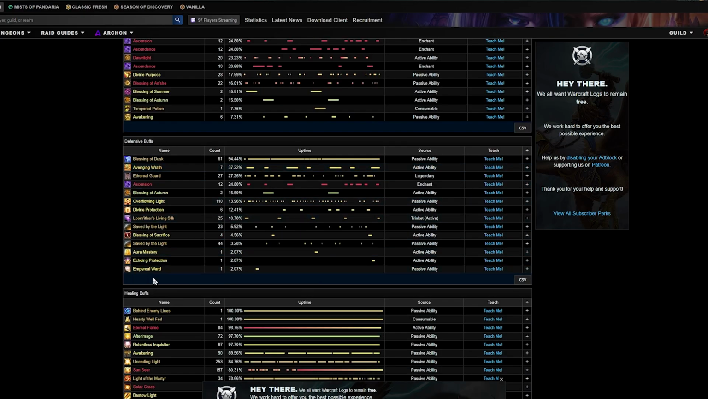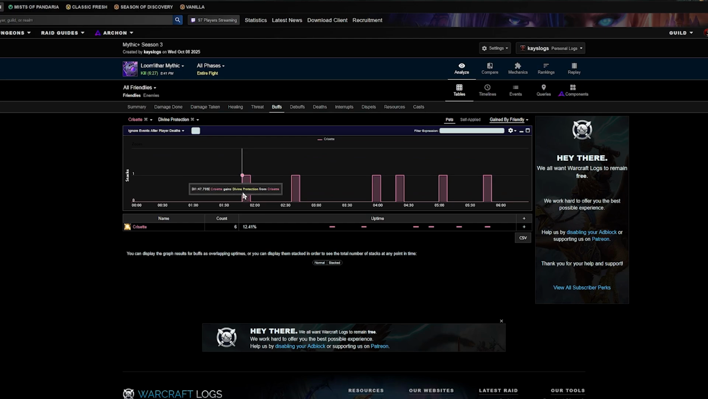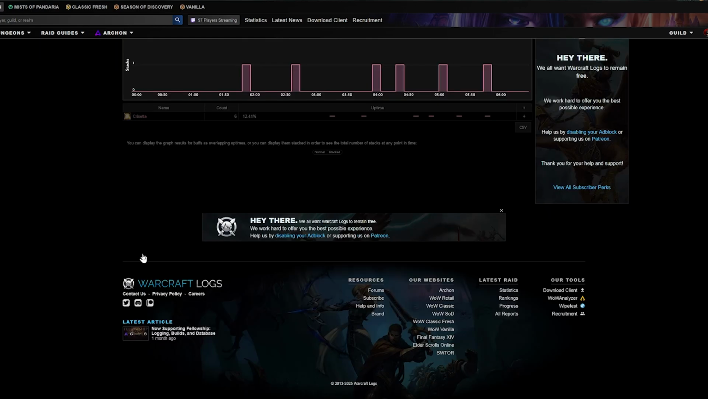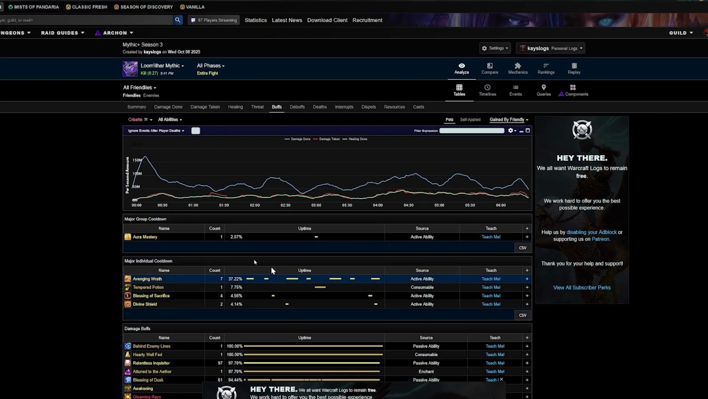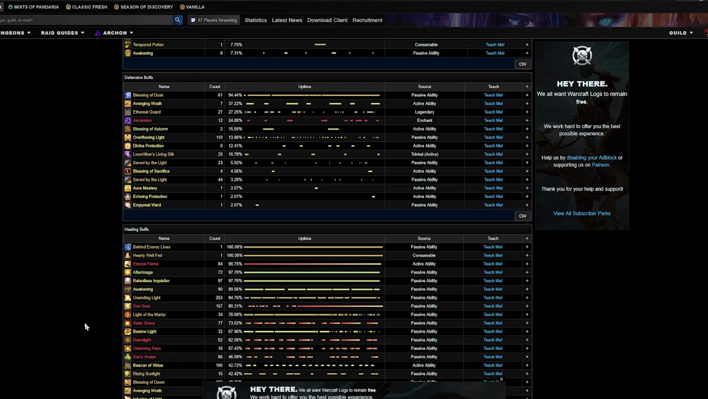You can not only check your major cooldowns in the buffs, but you can also check, for example, defensives. Like here is my Divine Protection. You can check as well how much I had been using it. It's a very important tool, buffs. People don't really check much about it, but you can check everything in here, including